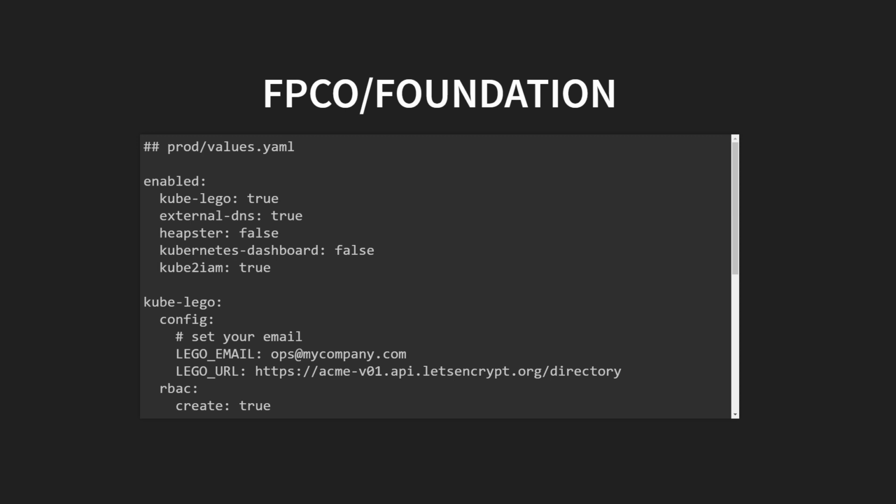External DNS, we're specifying the version we want. And here, notice that we're specifying the IAM role that's going to give this pod permission to actually add and update Route 53 entries. So this was created in the previous step with Terraform. And this is all made possible by the last component called kubectl IAM, which allows us to add certain IAM